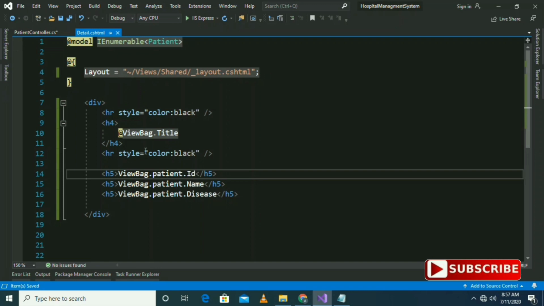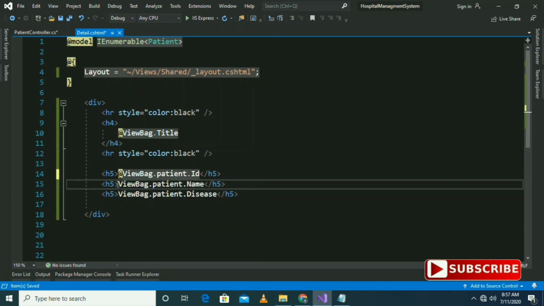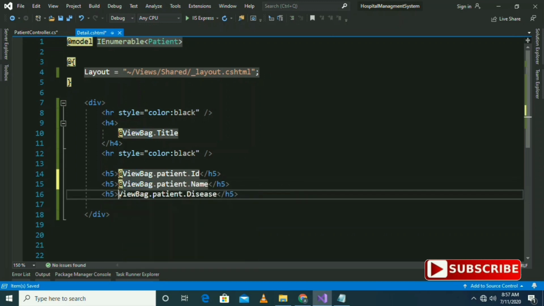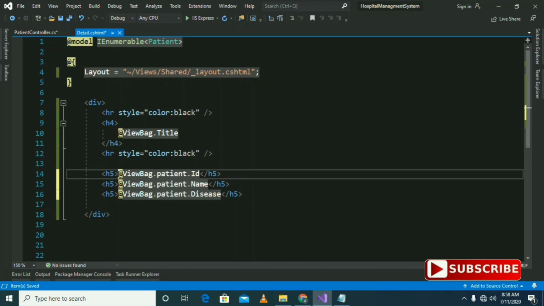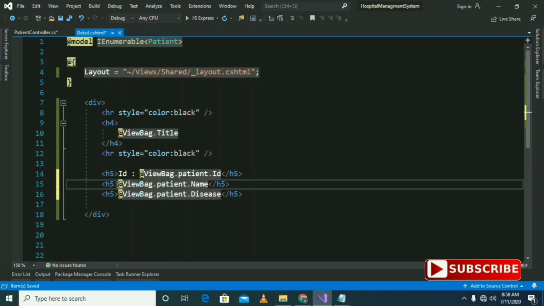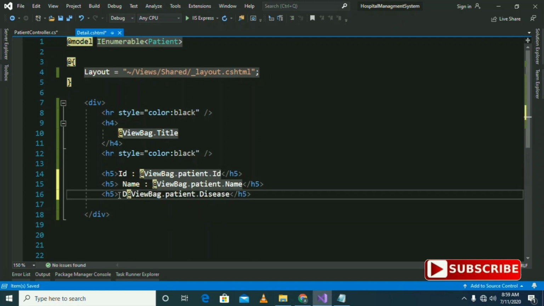Since we are using C# code, we have to mention @ here. For ID, just write ID over here, then for name, and then disease.